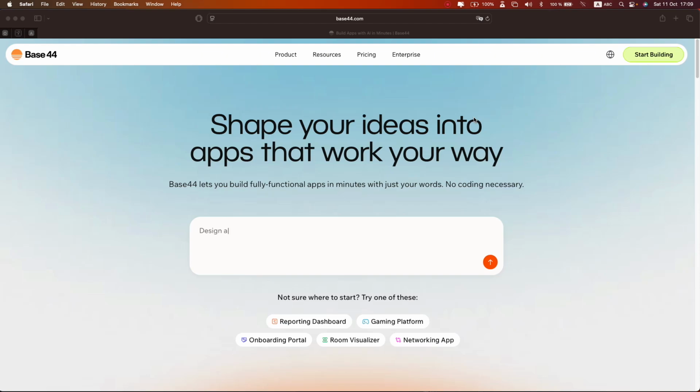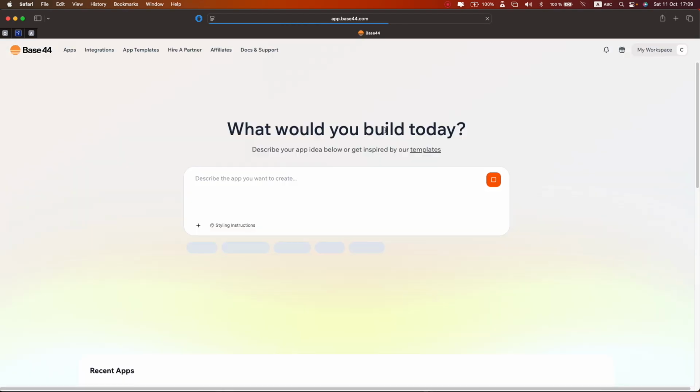Base44 helps you create apps in minutes with just your words, and no coding is necessary. So you want to log into the website, and once you're on there, go over to start building. You would be prompted to log into the website. You can create an account if you don't have one, or you can sign in using your Google account. In my case, I already have an account, so I'm just going to go ahead and log right in,